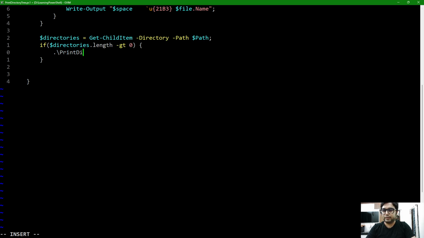I will say print directory t.ps1. Level is going to be level plus 2, because we are going a level deep. So we'll increase it by 2, we can increase it by 1, we can increase it by 4, the one which gives us the best visual of a directory. And path is going to be